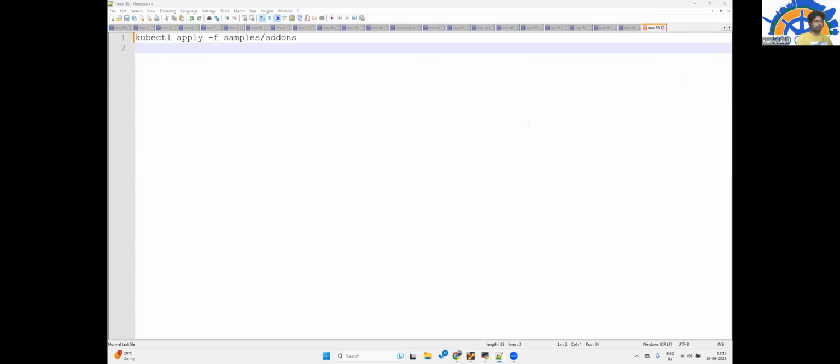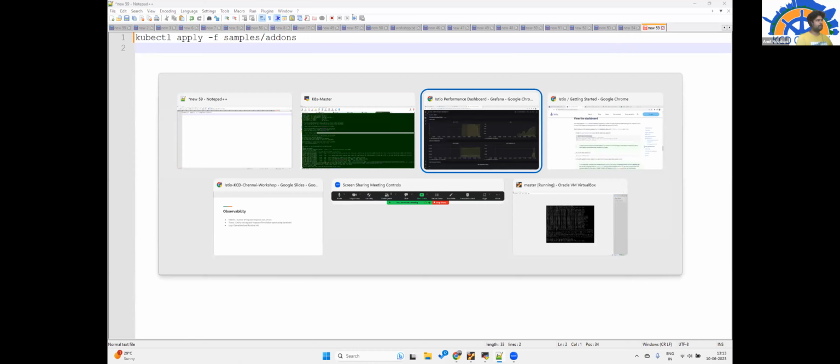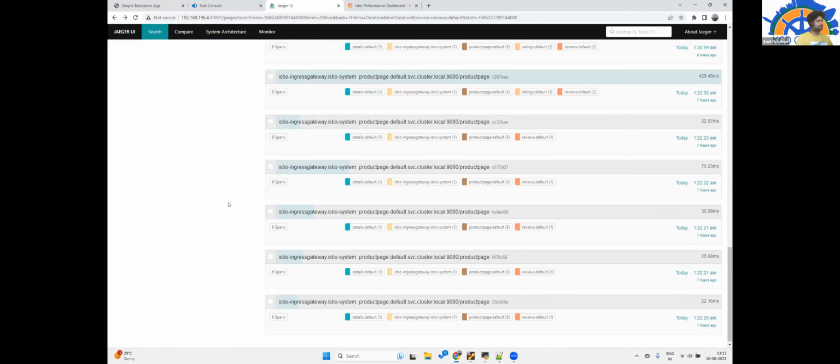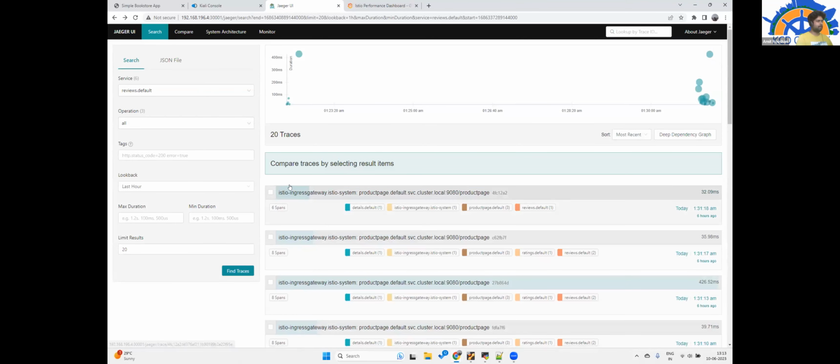Now Jaeger is basically used, and this UI is for end-to-end tracing. Again, this has been deployed. You can see for each and every request which all services it has connected with, and what time it took. You see it took 32 milliseconds to serve this particular request.